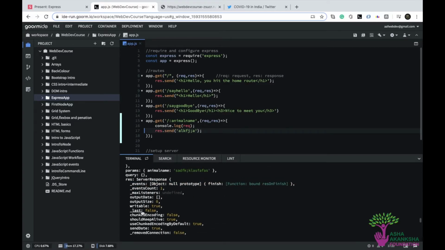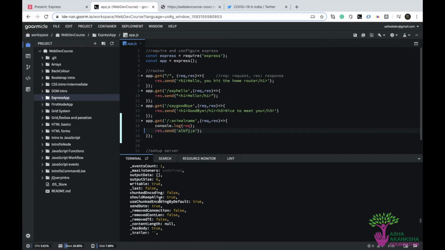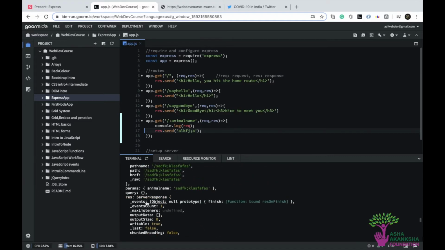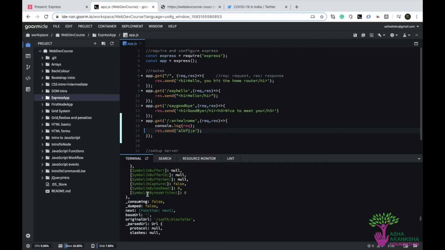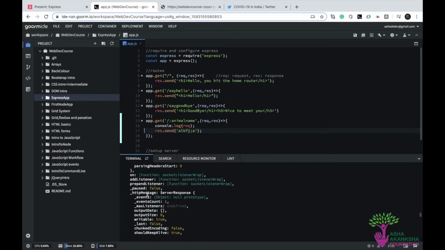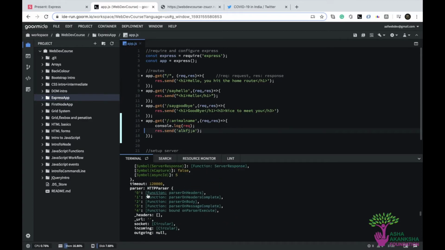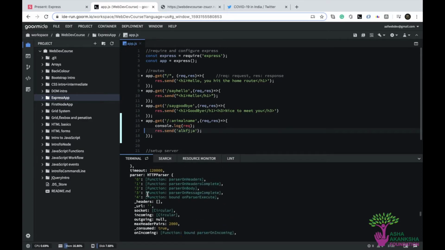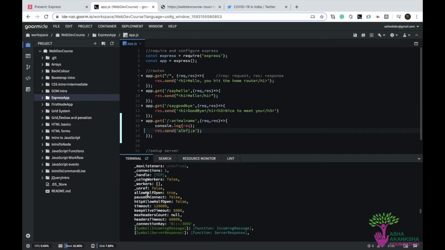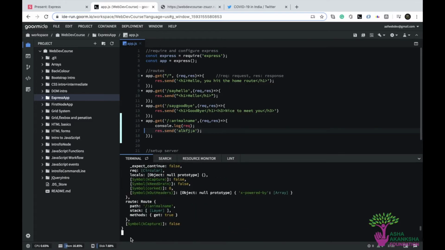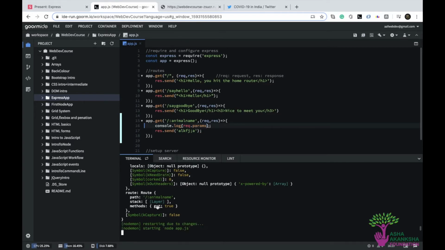Yeah. So if you actually have a look at this, it has all the information pertaining to that specific request, right? And it has loads and loads of things. Of course we do not need to know all of these, but the one that we're actually going to use is the req.params. So I can print req.params now, and now if my server refreshes and I refresh this page,